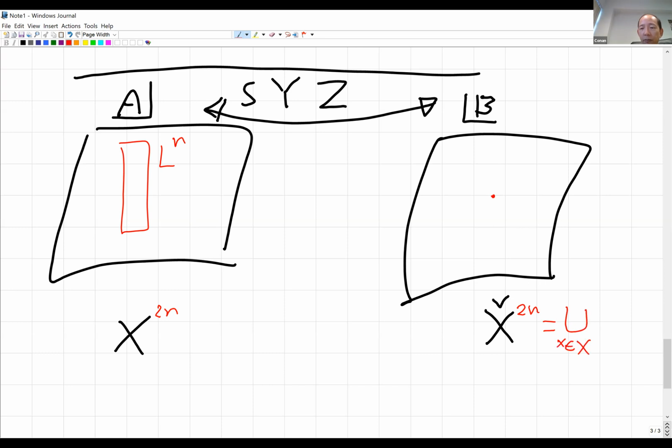Of course, a space is the union of all the points in the space. It's a collection of points. So if this is the case, what should be the mirror object on the A side? Because on the B side, the dimension can be even 0-dimensional, but on the A side, everything is half-dimensional. So a point here should correspond to a half-dimensional space. Another point here will correspond to another half-dimensional space. And all those points together should fill up this space.